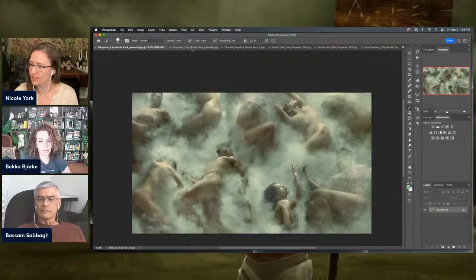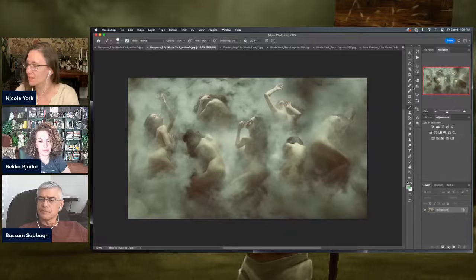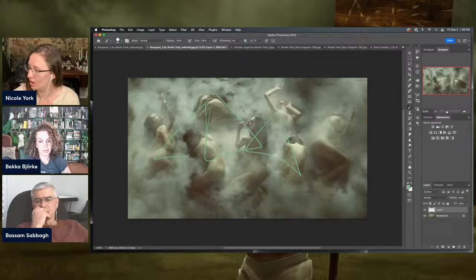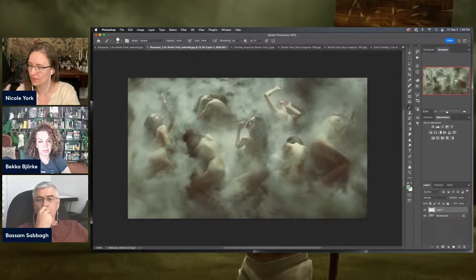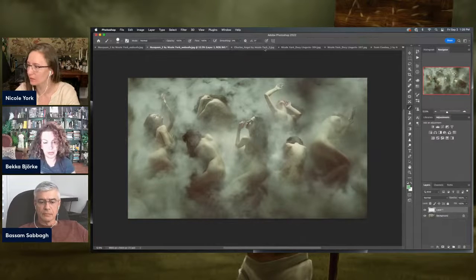Yep. So I'm not going to stay here. We're going to look at this as well, just really fast, to see the similarity between these and what's happening, where we've got these triangles happening, and these are quite a bit more even and purposeful. The spacing is quite a bit more even, and so even just there, we can kind of see that happening.